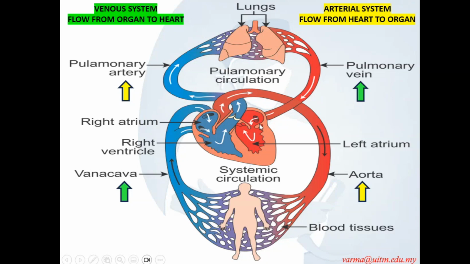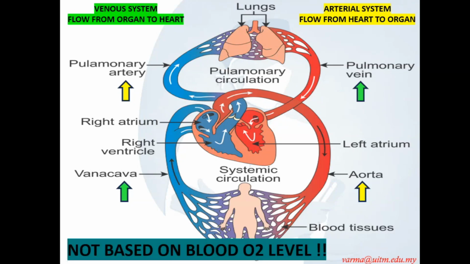side of the heart. It is not based on the blood oxygen level. Arterial or venous is not based on the oxygenated status of your vessel. Not as in oxygenated blood will be in artery, deoxygenated blood in the vein. You have to understand the concept, otherwise you will get confused here, because pulmonary artery brings deoxygenated blood from the right side of the heart to the lungs to get oxygenated. And the pulmonary vein brings back the oxygenated blood from the lungs into the left side of the heart to go into